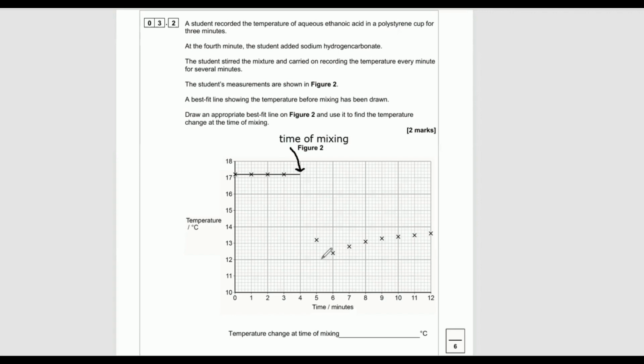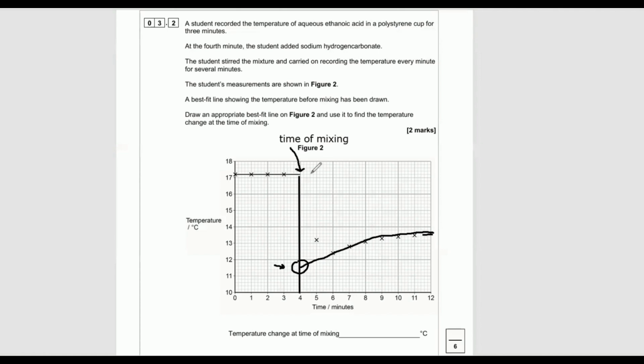So what we need to do is find the general trend. And the general trend, look, there's one out there, but the general trend is like this. I found the general trend, and I'm going to draw a line down here. And this is called extrapolation. We're going to draw a line through these crosses. My line is off, so I'm going to have a go again. Draw the line through the crosses and bring that down to here. And where it intersects,